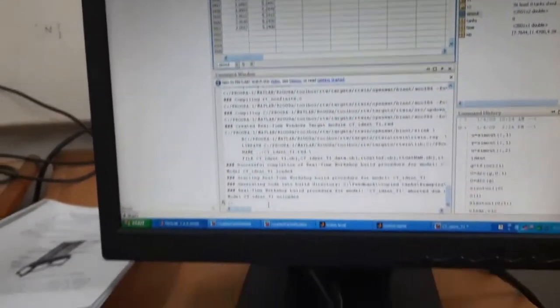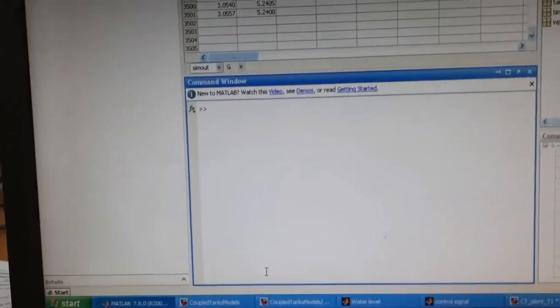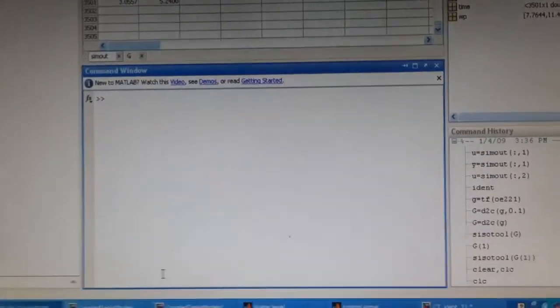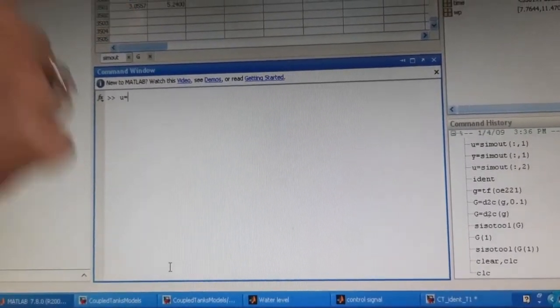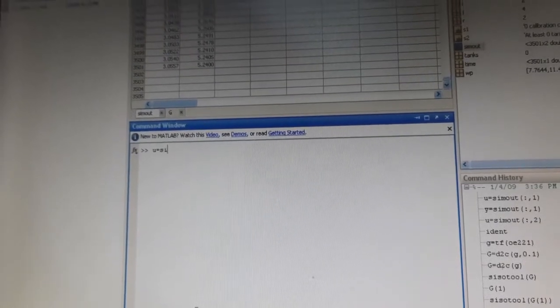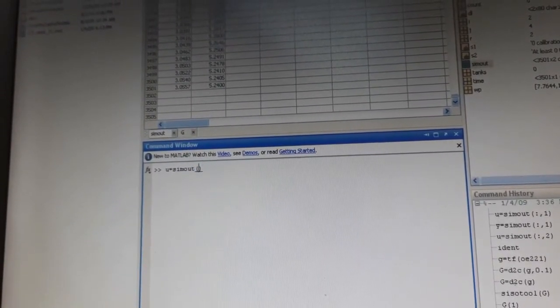So what we will write here, we will use the MATLAB console. We already have the variable sim out, so we will create U. U is the first column. So we will write U is equal to sim out, all the rows, only the first column.